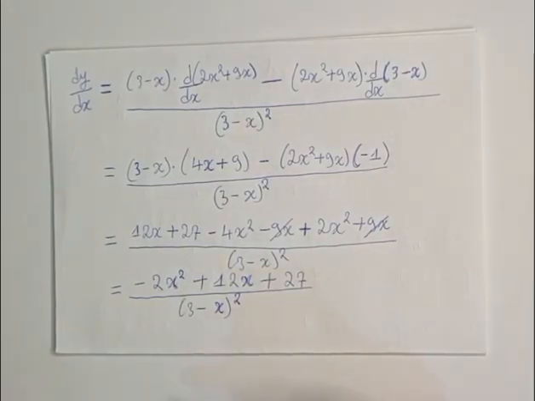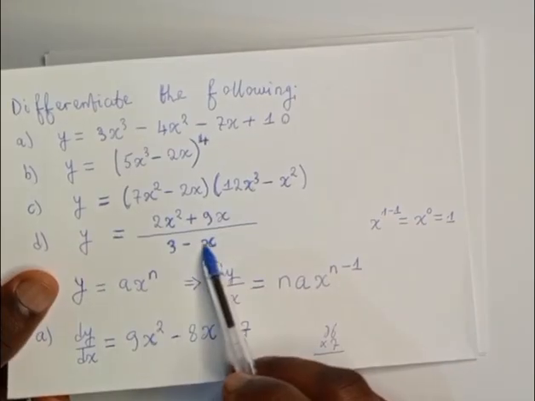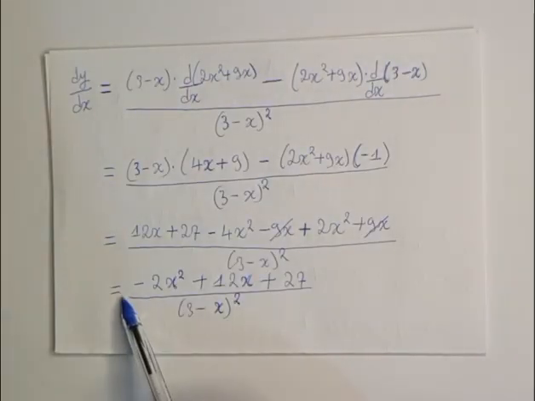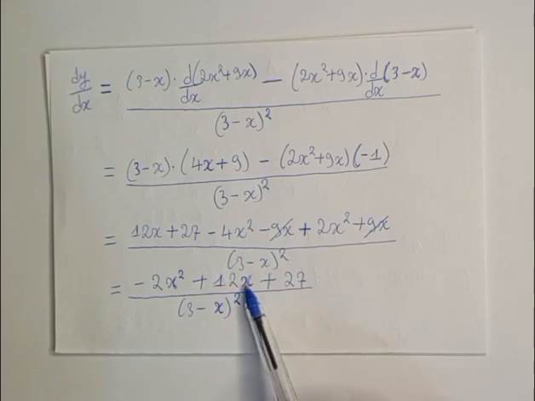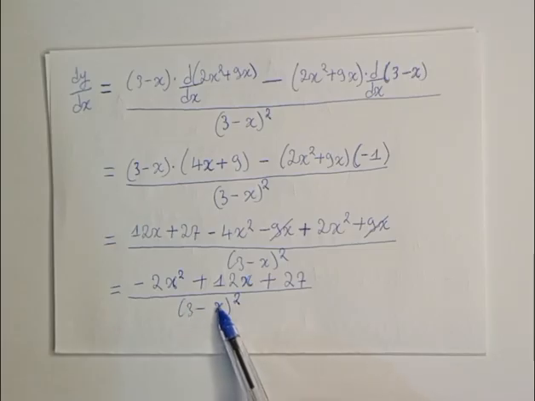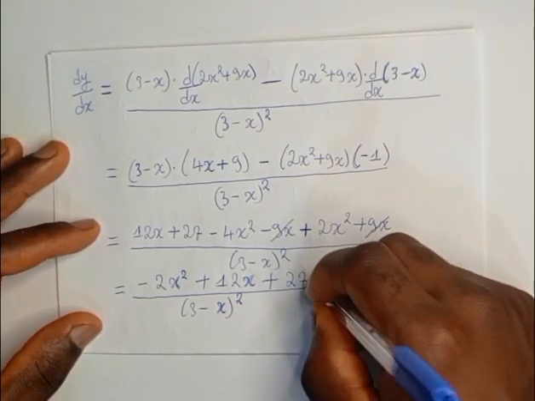The derivative of y equal to 2x squared plus 9x all over 3 minus x is simply equal to negative 2x squared plus 12x plus 27 all over 3 minus x all this squared, which we can still express